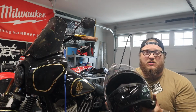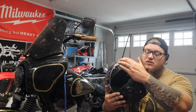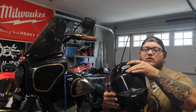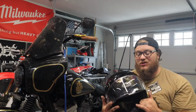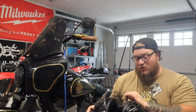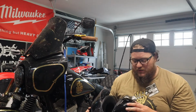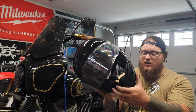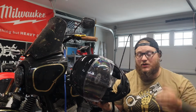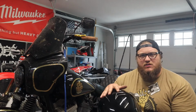Some of the things I like about this helmet are the articulating vents. There's the lower one and then the top one right here. These are good because on cold mornings you close the vents and you don't have to worry about cold air hitting you in the face, unlike the Biltwell, which has permanently open face vents. This also has anti-fogging vents right here, which keep the lens from fogging up, which is really nice. And on the back, there are these exhaust vents, which keep...